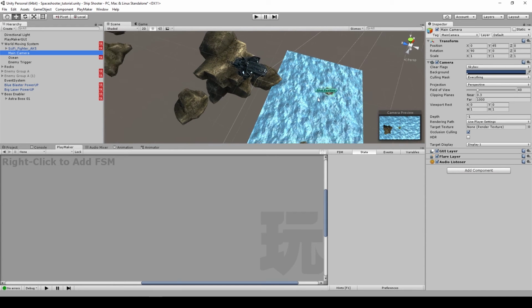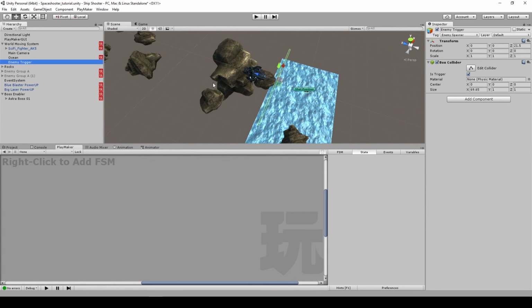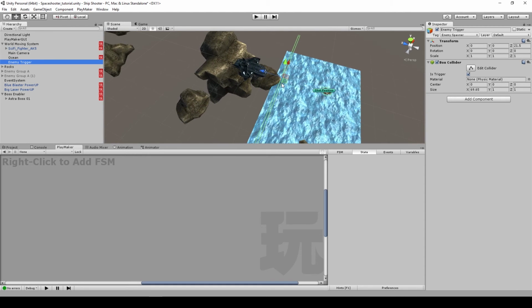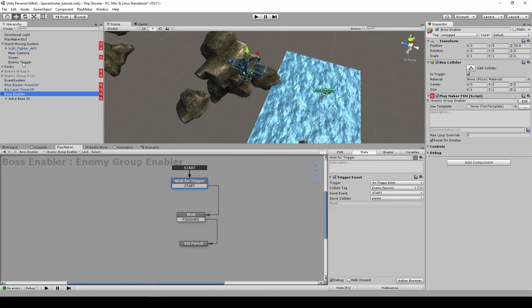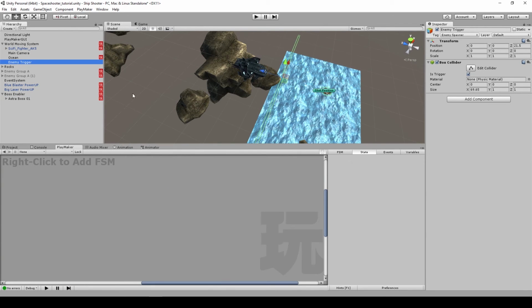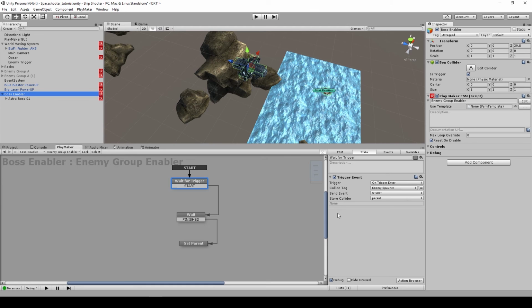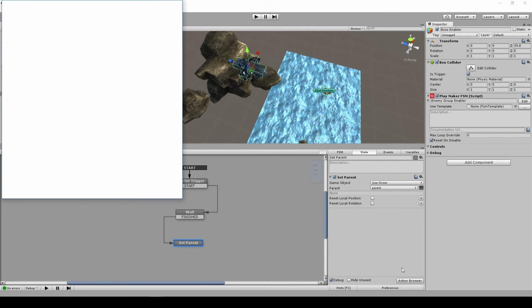Sorry, where is it? This one, this enemy trigger. So the boss enabler will become this child, this object child over here. So it will follow the screen, and then we wait here, and here we are going to set the